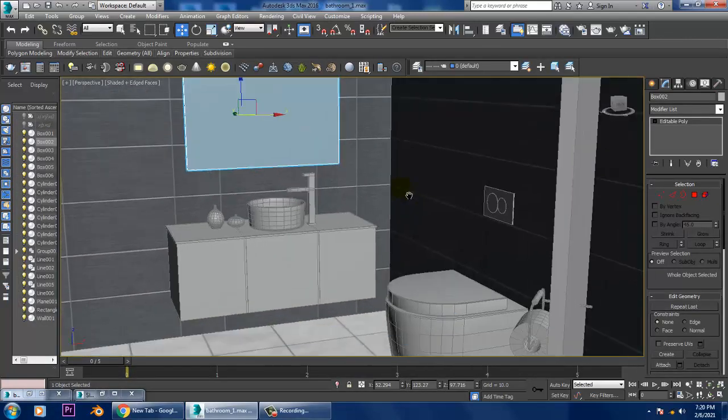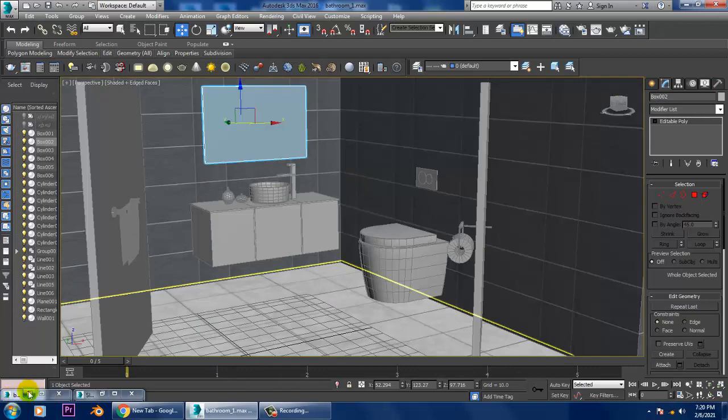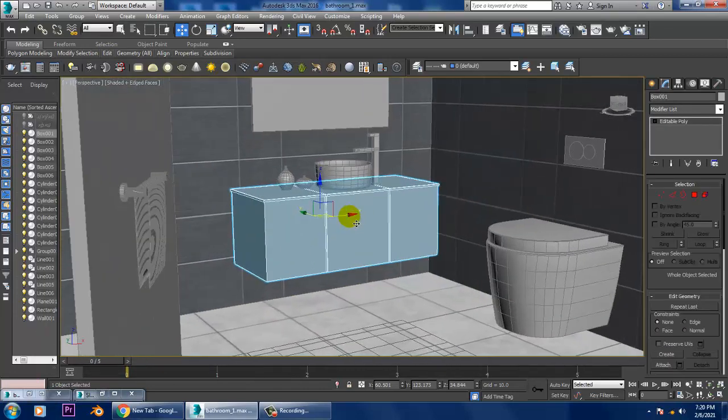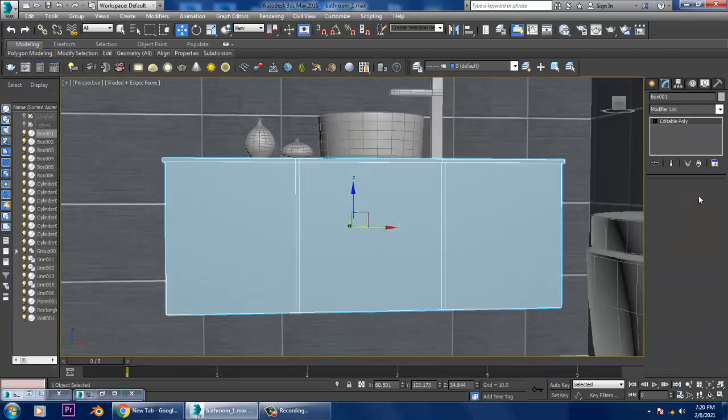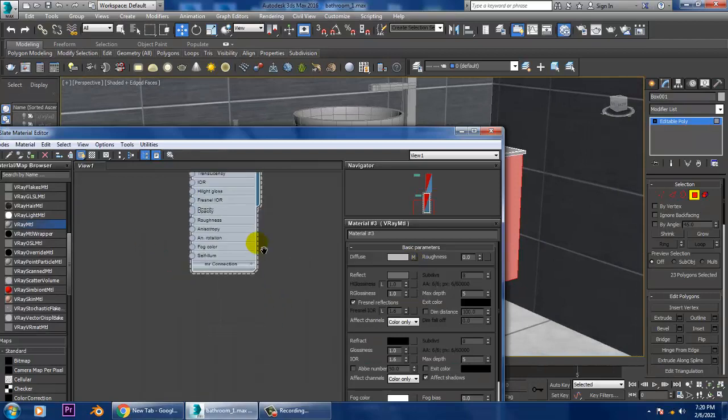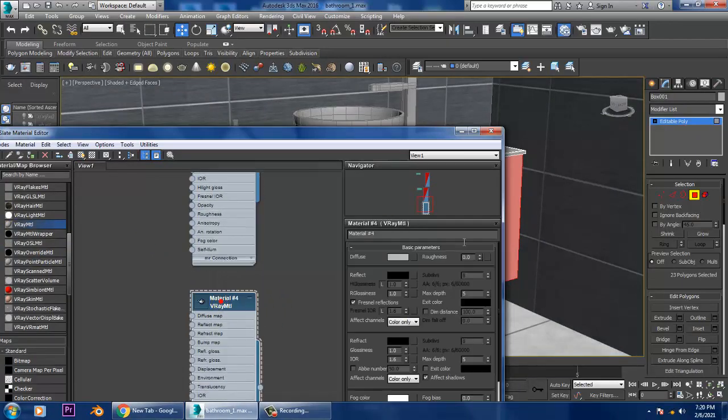So I'll go over here and I'll assign this as a wood texture over here. Let's go into V-Ray material.